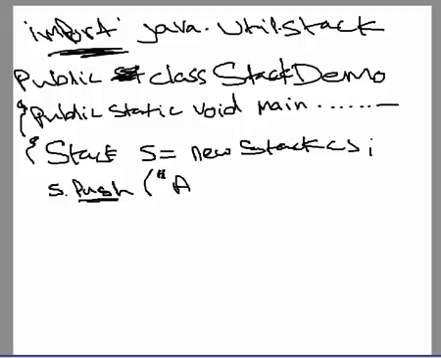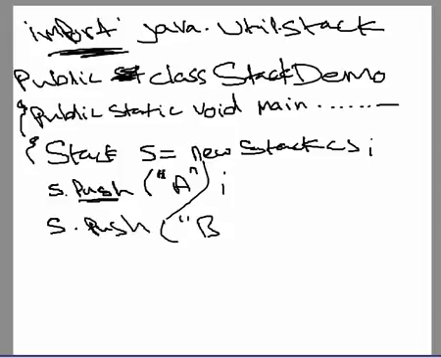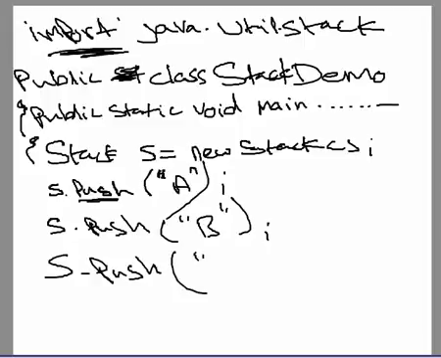Okay, for simplicity, we'll just add letters. Right, so A. Then we say S dot push. Let's have another one. Say B. Then S dot push C. Then S dot push